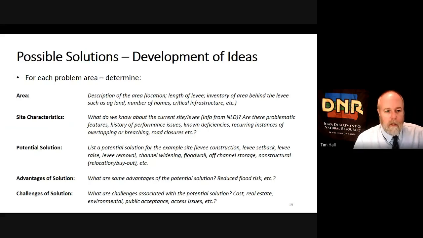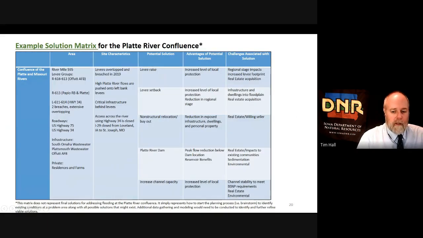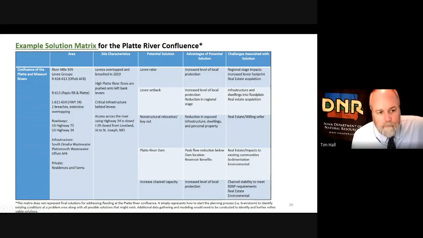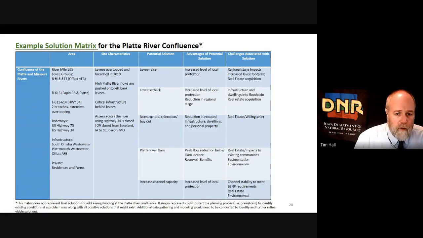So for each problem area, we're going to develop this sort of list, and we're going to put it in a matrix that looks like this. This again is an example of the solution matrix for the Platte River confluence. This is just intended to be an illustration for what this might look like. So this is not the potential solutions. This is, again, just a way to get us thinking. So here are the areas we just talked about: area, site characteristics, potential solution, advantages, challenges. And you can see this matrix has been filled in